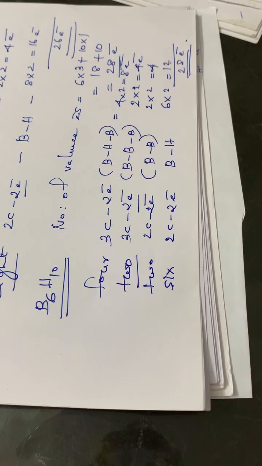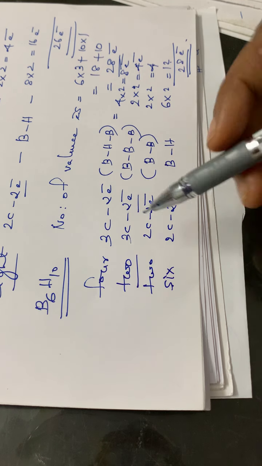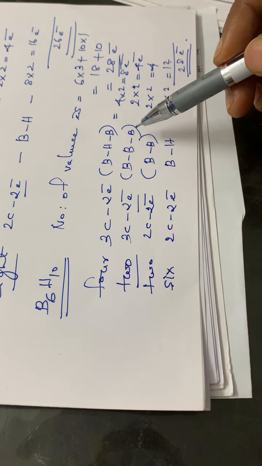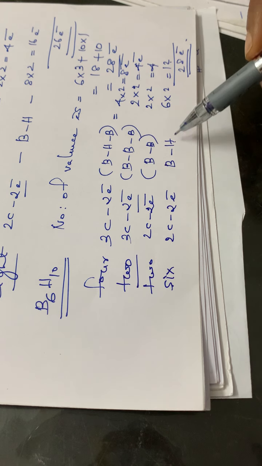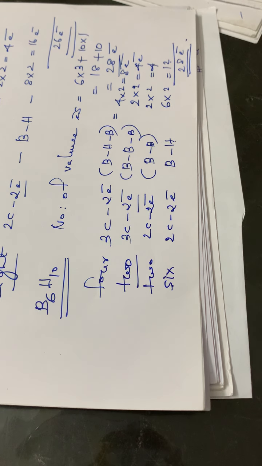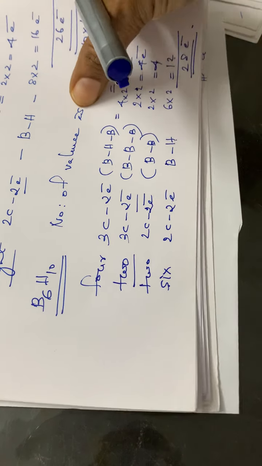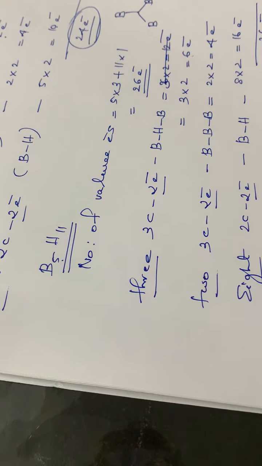So this is how you have to calculate the number of valence electrons. And by knowing the number of BHB, BBB, BB and BH bonds, we can cross check the number of valence electrons present in that particular borane. Okay. So next is the topic, that is the carboranes or carboboranes. Hope you had written this much. Otherwise, you can pause the video and write and then proceed. Okay, otherwise the video will be lagging. Then the next is carboranes.